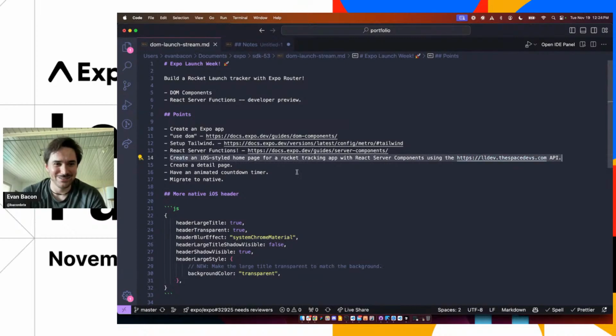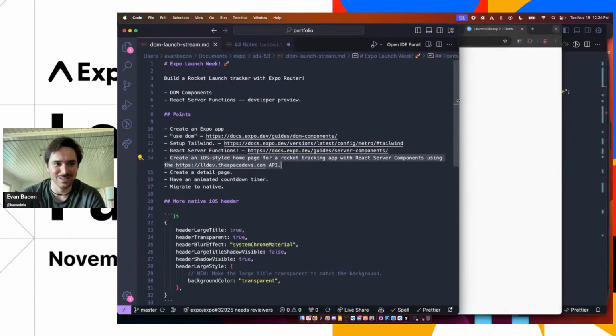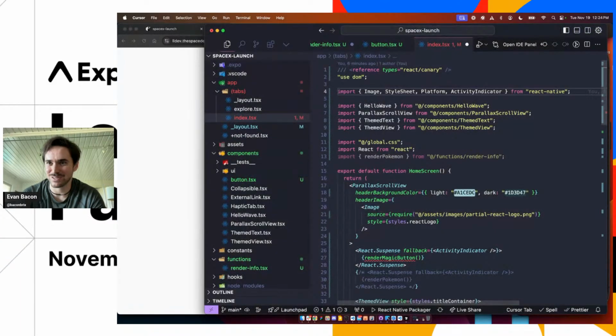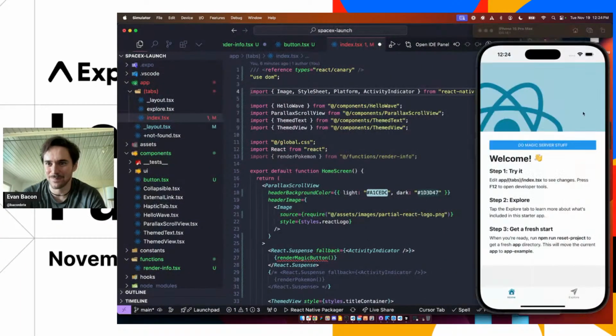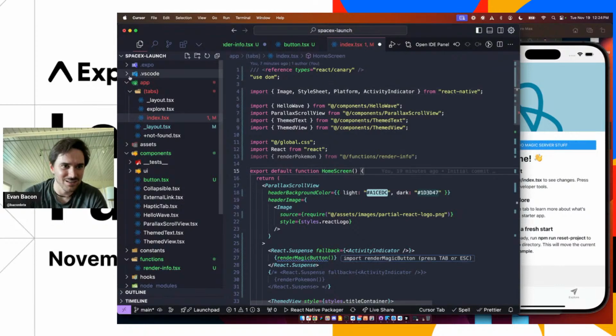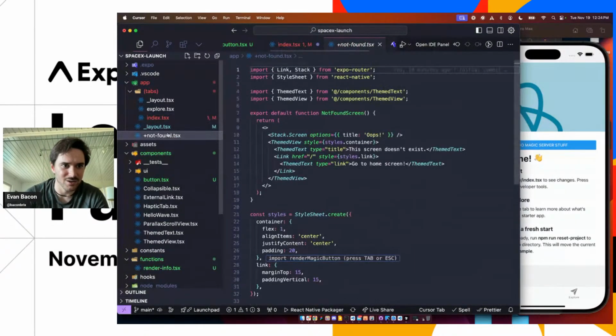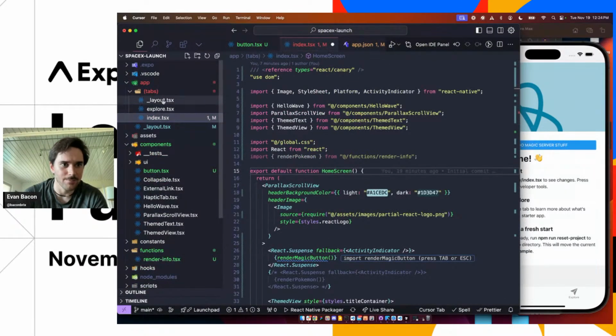So what I'm thinking is we just use this as a prompt and we just create some server components and some DOM components. We put these pieces together and we just make something. So we got all this. Let's refactor the app up a little bit first. So we don't really need the not found. For the layout,